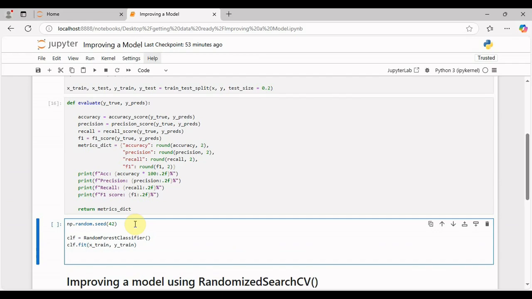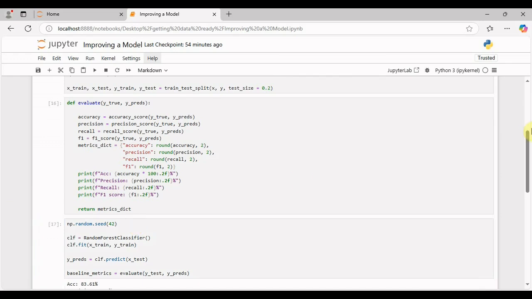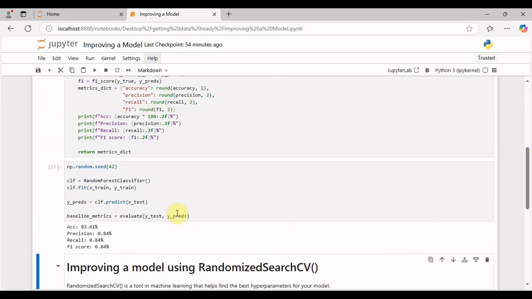Let's put our predictions in a variable. Create a variable called baseline metrics. Let's call in our function, and then let's put our y test and y predictions. And let's run that. And you see here we got our accuracy score, precision score, recall score, and F1 score for our baseline random